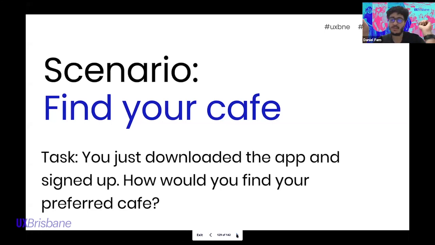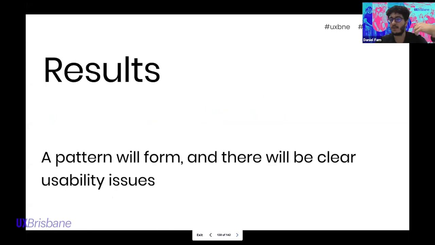Like, hey, I want you to click here to find your cafe. No, you have to keep it generic enough and watch them go through that journey on their own, and try to make sure that they figure it out. Let them try to figure it out. By doing that, one, you're going to pick up on a whole bunch of usability issues. So if they can't find the cafe, you're wondering, okay, why didn't they find their cafe? Was it too hard to look for? Was the search not working? Was filtering difficult? And you're going to be picking up on all those certain little things.